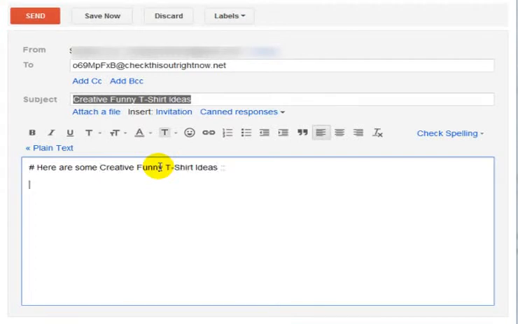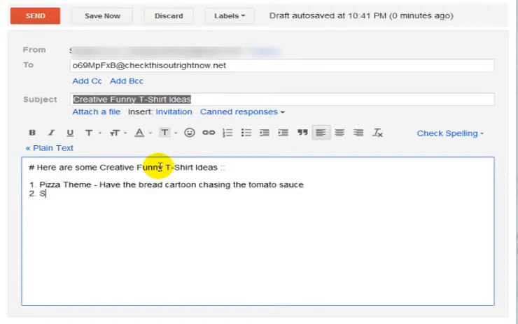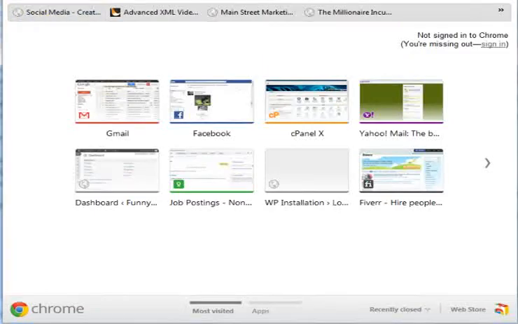And I can make ordered lists if I want to. I can say number 1, pizza theme, slug theme, have a salt shaker, chasing a slug. Now, if you want to bold a certain text, you're going to need to put 2 stars before it and 2 stars after. So if we do that here and here, and we click on send,